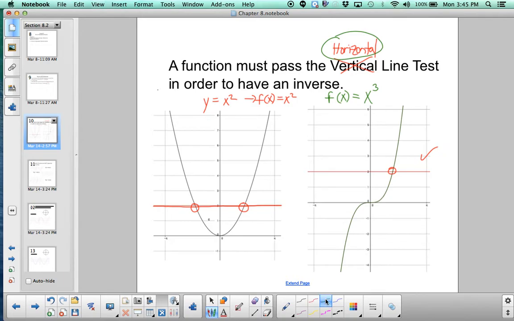Now, that being said, we could restrict the domain such that f of x equals x squared does have an inverse. So for instance, I could get rid of this part of the function and restrict my domain to 0 to positive infinity. And if I were to do that, then I could find an inverse for f of x equals x squared. Or I could do the opposite of that and restrict it to negative infinity up to 0. So domain restrictions are an option,